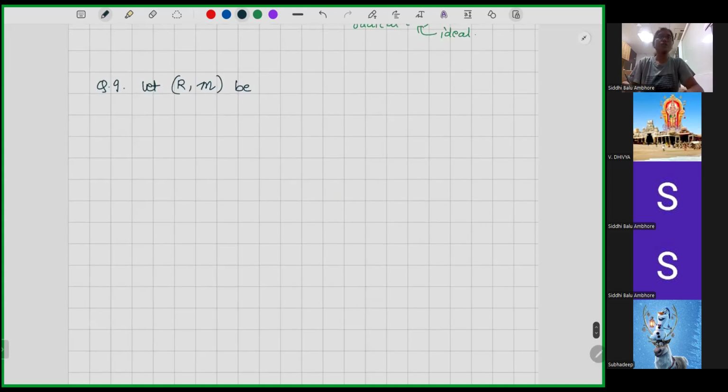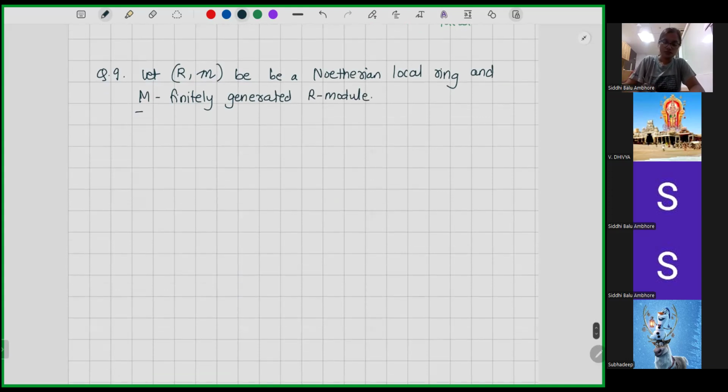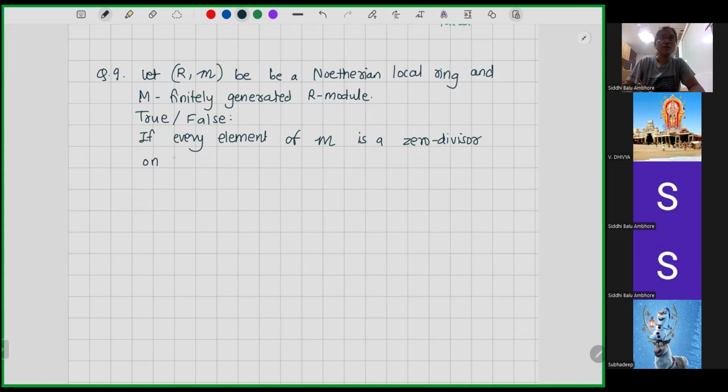So next question, let R, m be a Noetherian local ring, and M is a finitely generated R module. So we have to check this true or false, that if every element of m is a zero divisor on M, we'll see what this means,